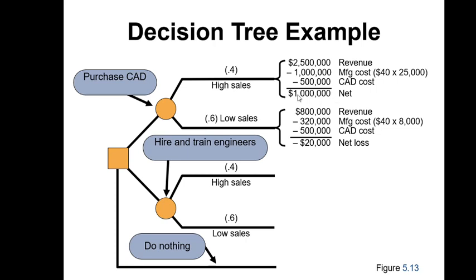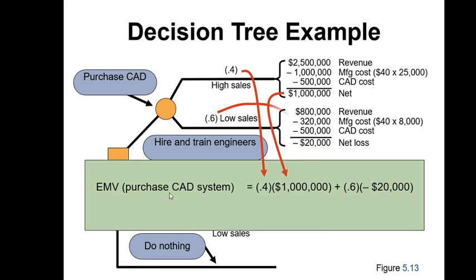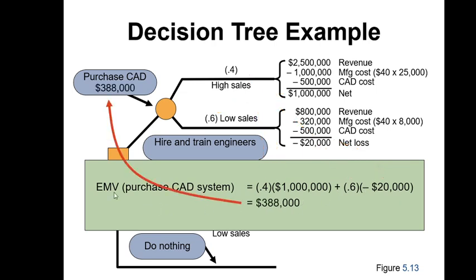Okay, now what is the probability of 1 million? This is in the case of high sales. The probability is 0.40. This is minus 20. The probability is 60. So we have to multiply now 0.40, the probability of high sales, by the net, which is the 1 million, as we can see. Okay, I'll show you here the expected monetary value for purchasing the CAD system. Our first option will be 0.40 multiplied by 1 million here, and then 0.60, which is the probability of low sales, multiplied by minus 20. Then we will have an expected monetary value, EMV, of